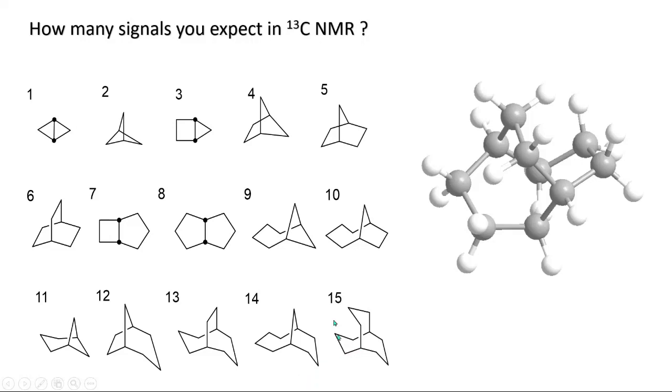Now come to this molecule. This is symmetrical. You can see these 2 are CH2, CH2. This is also CH2, CH2. This is also CH2, CH2. So these are repeating units. So we will get 1, 2, 3. 3 signals for this molecule.